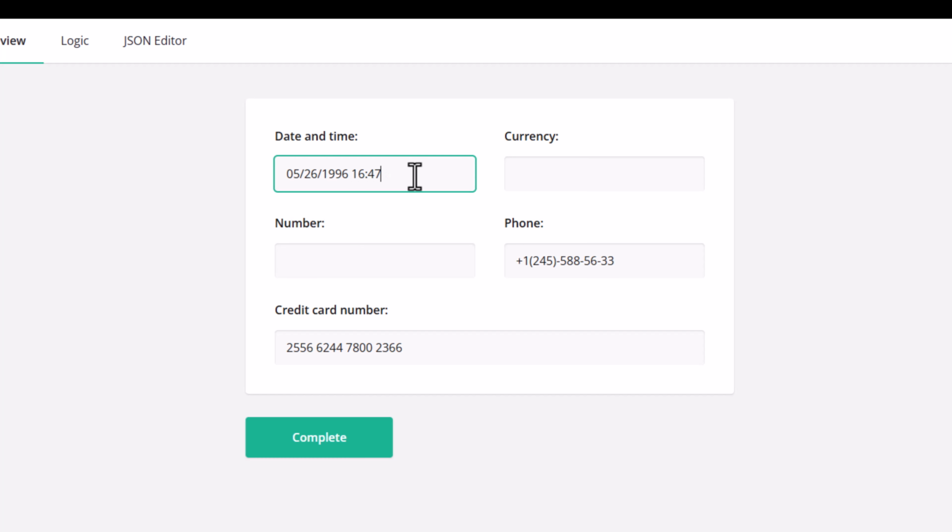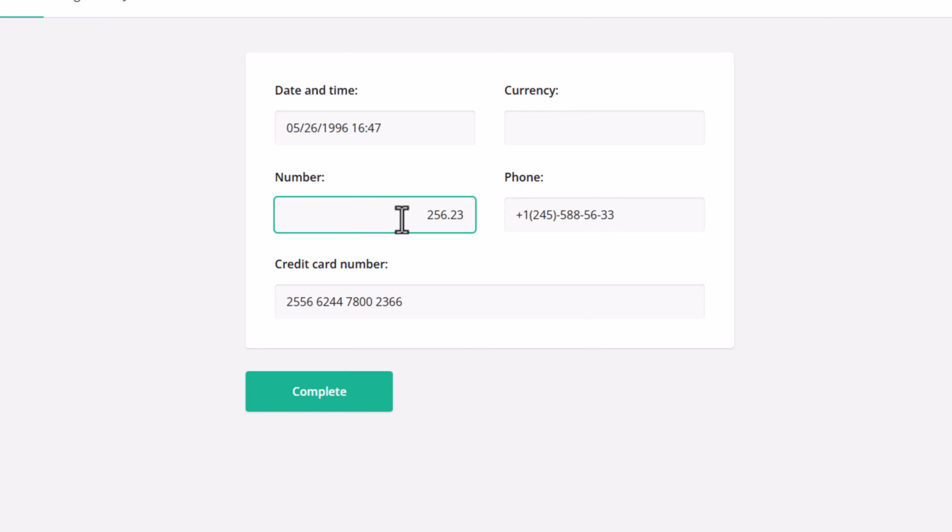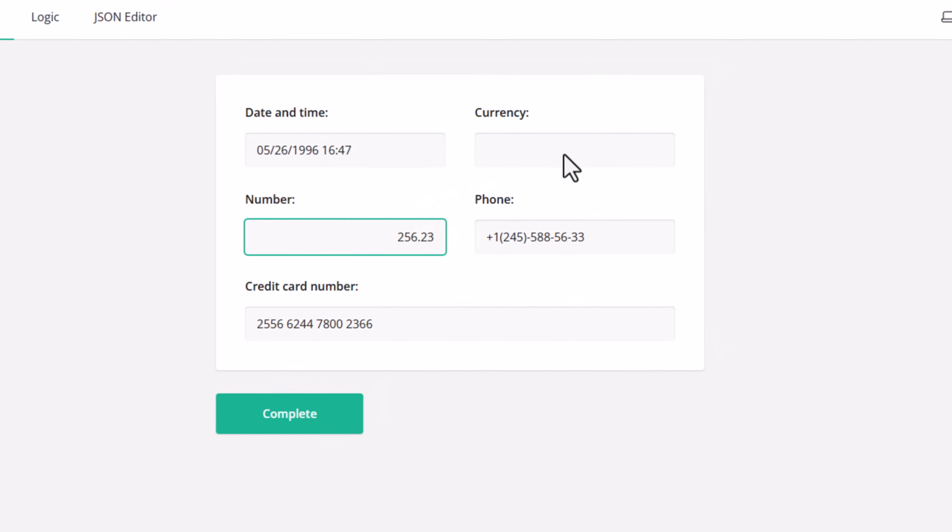Then we have the numeric mask. This restricts input to numbers only, which is useful for collecting values like age, quantity, or measurements. And finally, currency. This mask type allows symbols such as commas separating thousands or currency signs so users can enter